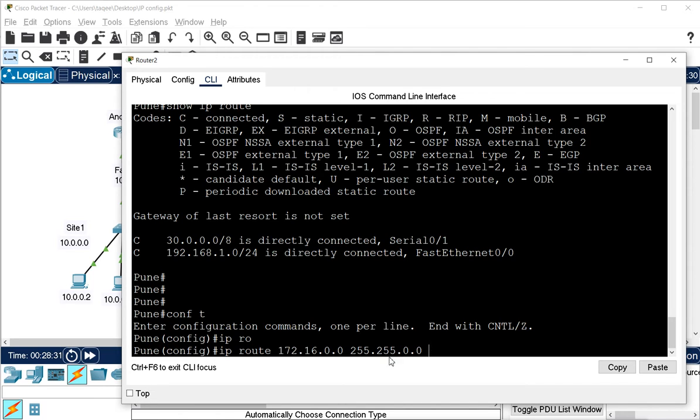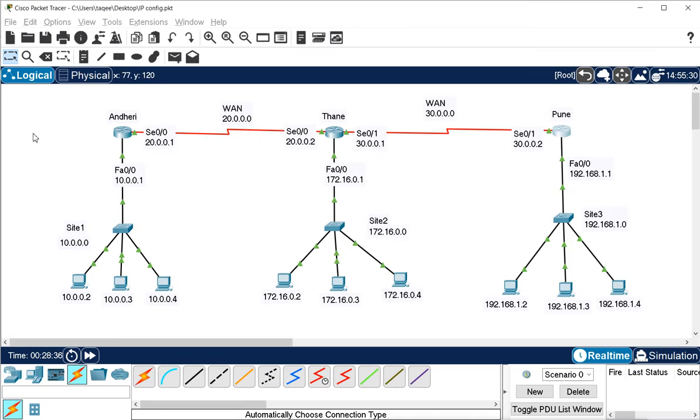Now again we have to mention the next hop address or outgoing interface. Like when you are sitting on this Pune router and you want to go to this network, this site 2 network 172.16.0.0, where will you go? You will go from this serial cable, this WAN network, and you will reach the router Thane first.